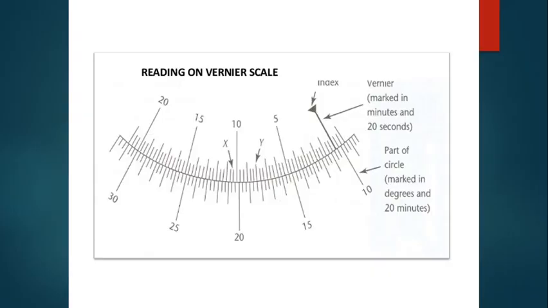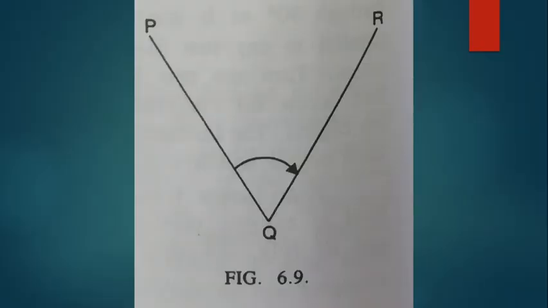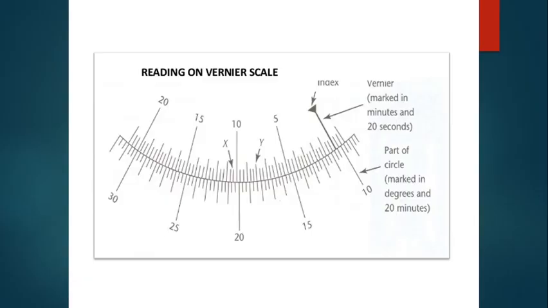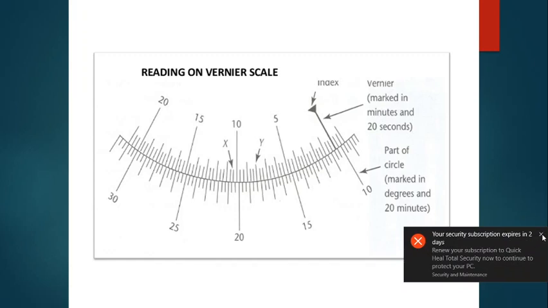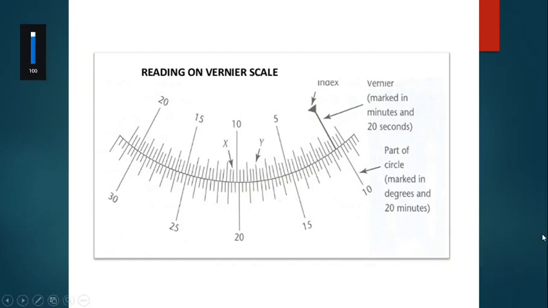Let us say this is a line PQR. So before that, let us first understand how we take a reading on any vernier scale. Let us say there is a vernier. There is a vernier A over here in this picture, and this is a 0 or index of vernier scale A, and the bottom one is a main scale.